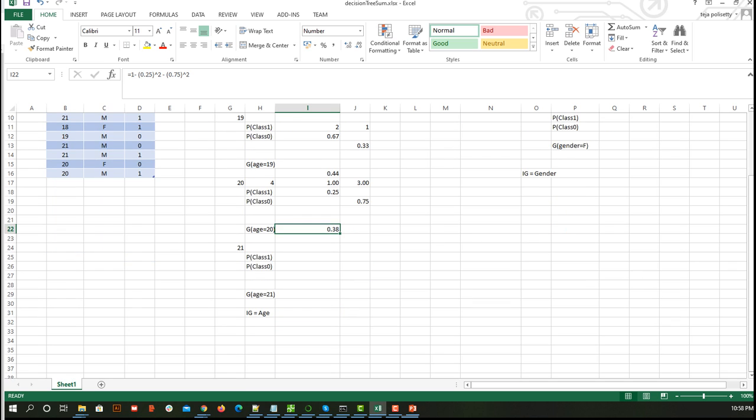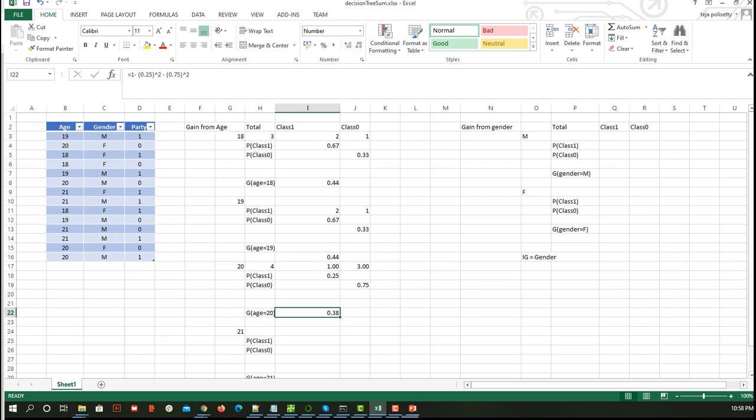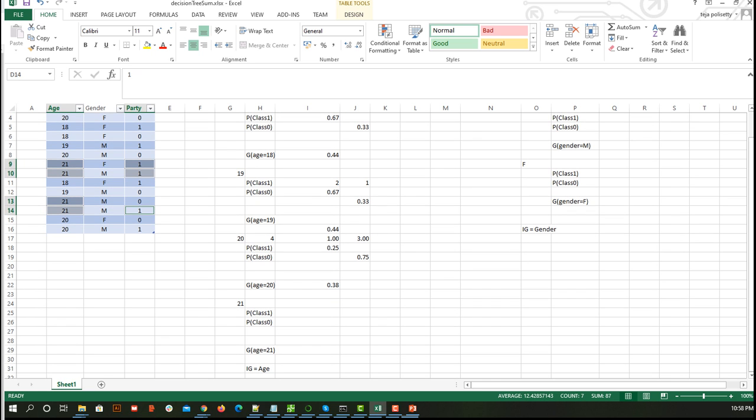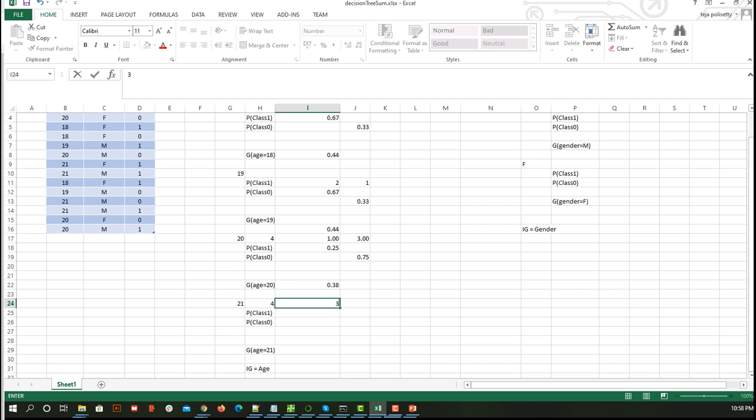Similarly I am going to calculate for 21. For 21, how many members are there? 1, 2, 3, 4 members, and out of them 3 belong to class 1 and 1 belongs to class 0.